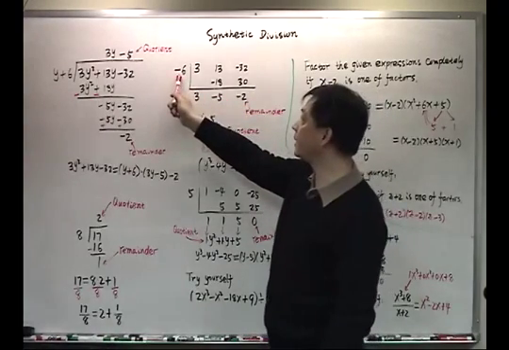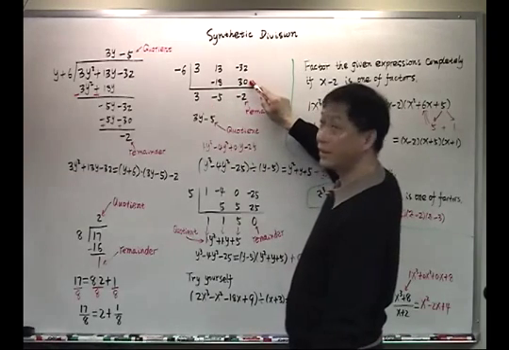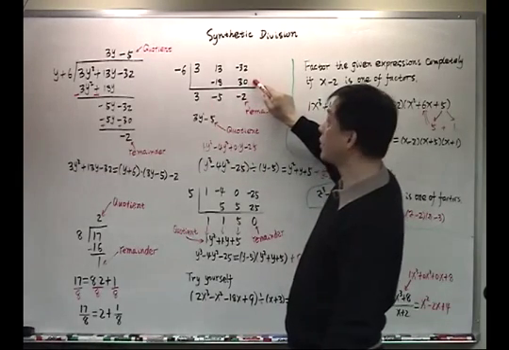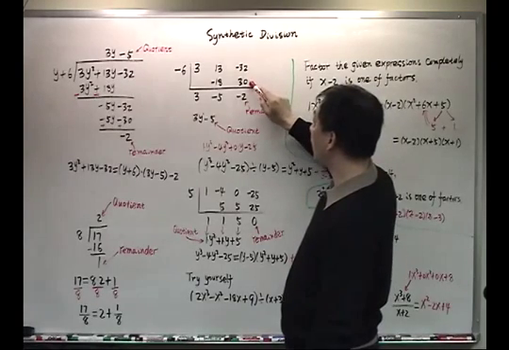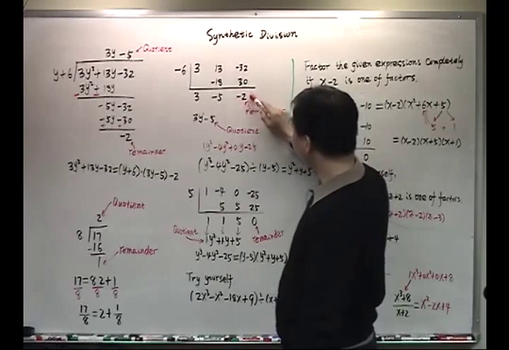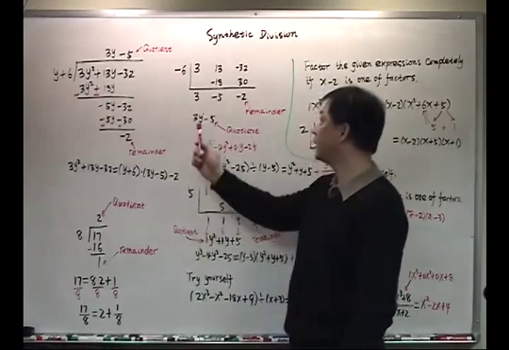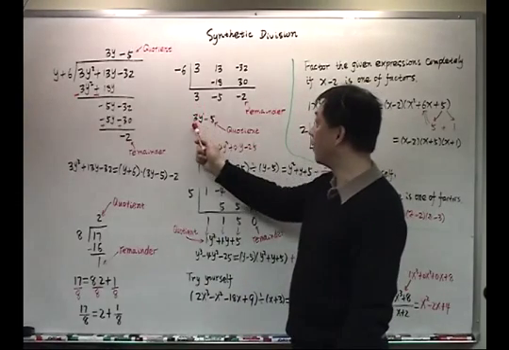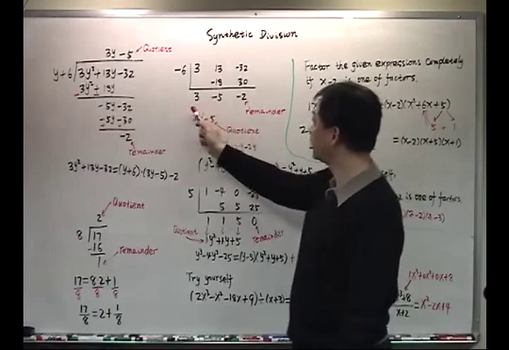Again, negative 6 times negative 5, put the product here, that's positive 30. Add negative 32 and 30, you have a negative 2. And negative 2 is the remainder. Okay? And 3y